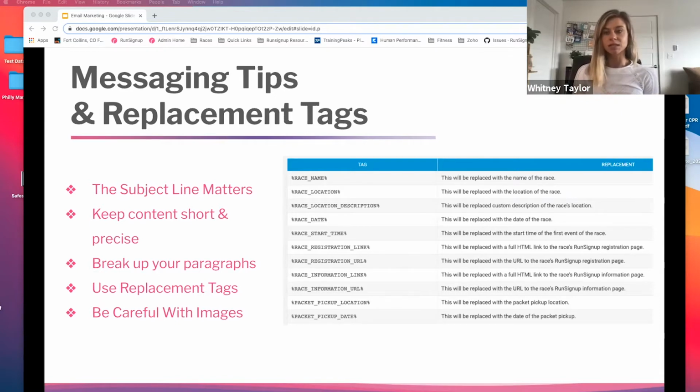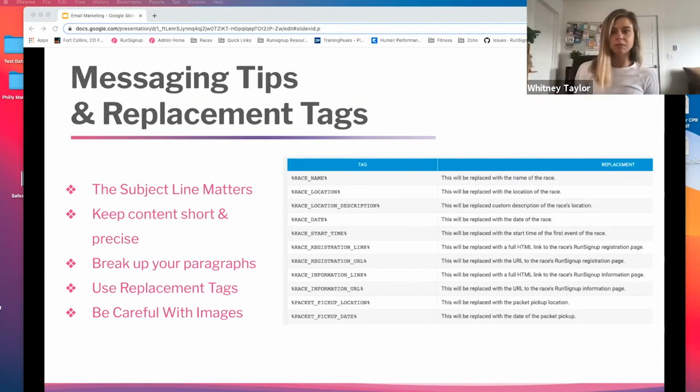So with the subject line, a tip that I learned a while ago that I've actually used and have found great success with is keeping your subject line either very short or very long. So using all of the characters that you can use in that subject line. And the reason for this is so that you can stand out amongst all of the emails that people are getting in a day. If you keep your subject line around an average length that everyone else is using, then you're